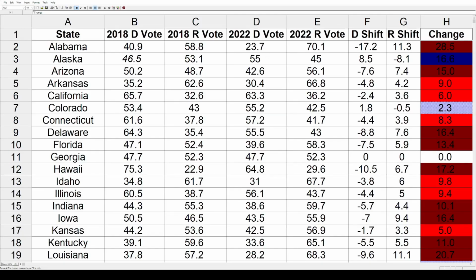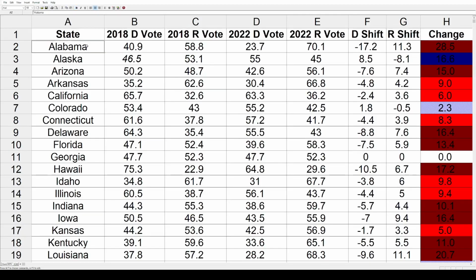And one other note to mention is I mostly just took this data from Wikipedia. It's not as easy as it sounds to get the statewide popular vote. I see data sometimes that doesn't match up. It's off by a couple of points. So it might not be perfect. It's possible there's a mistake in here. But for the most part, this should be close to accurate.